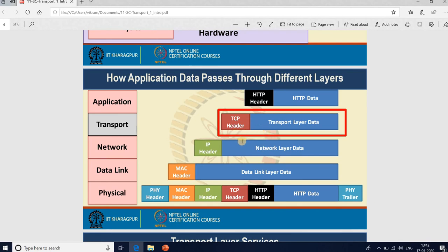So we look into the different types of transport layer protocols, like the TCP protocol, the UDP protocol, and various other transport layer protocols like RTP, Real-time Transport Protocol.